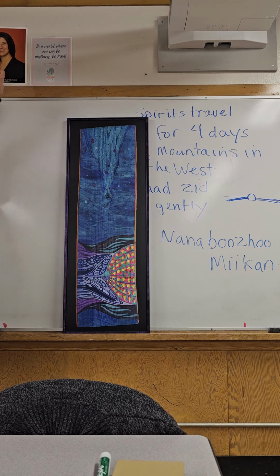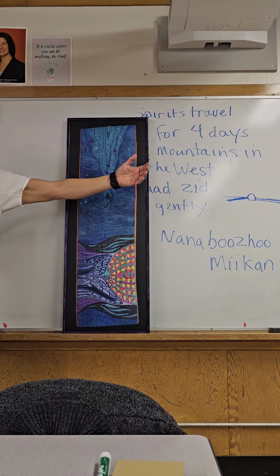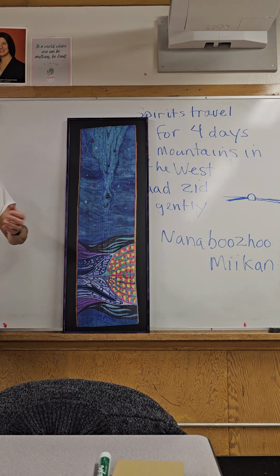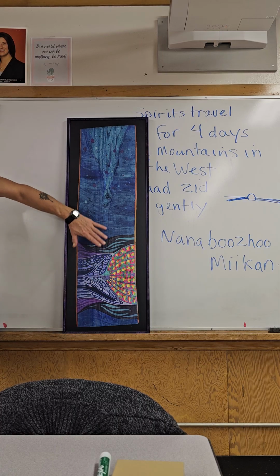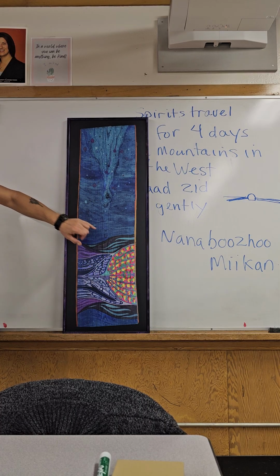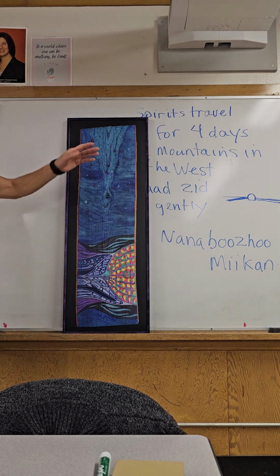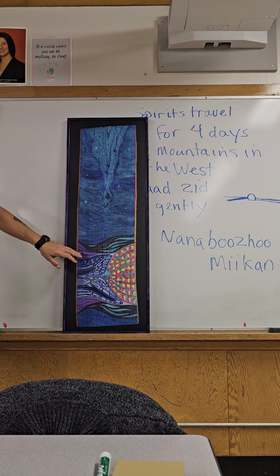And all of those stars that we see are ancestors, right? Traveling in spirit form, in that light form. And what they're doing is they're taking Aanishinaabe Mikan and going back to Creator. Just like a salmon, right? You're out in the ocean, how big is the ocean? And you're able to find that very river that you came out of when you were just a small fry. So I think our spirits do the same thing. We travel back, we find Aanishinaabe Mikan, and that takes us eventually back to Creator.